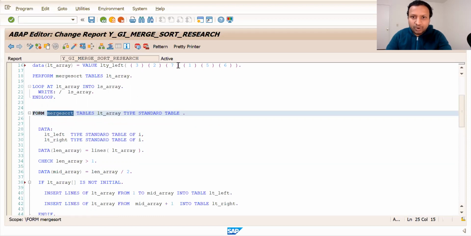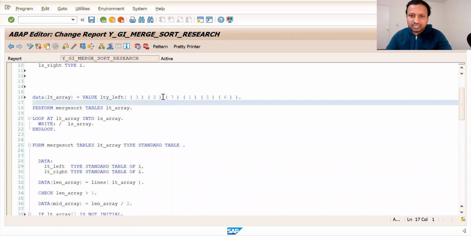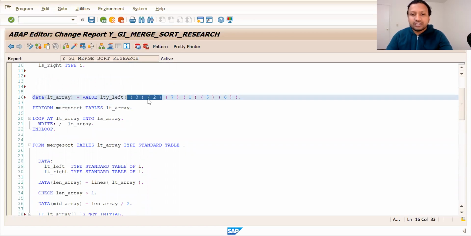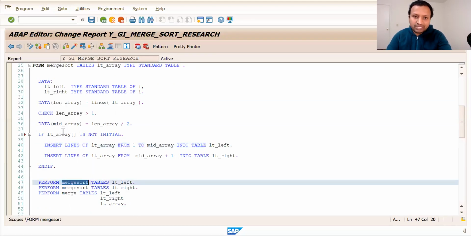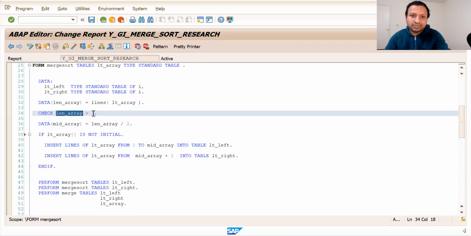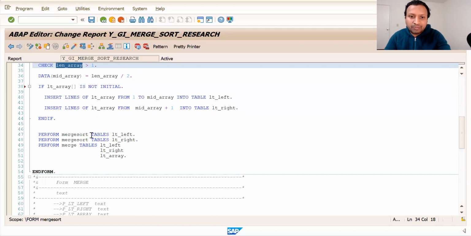Again, I'll take the midpoint of this 3. The midpoint is the length of the array divided by 2. Here it would be 1, so 1 or 2, either is fine. Let us think it is 2. When you get the 2, again you take the left, you enter it into the left, and again you call the same subroutine using that left internal table, and then you keep dividing it until both parts of the array, left and right, are equal to 1. And when they are equal to 1, you keep comparing them.